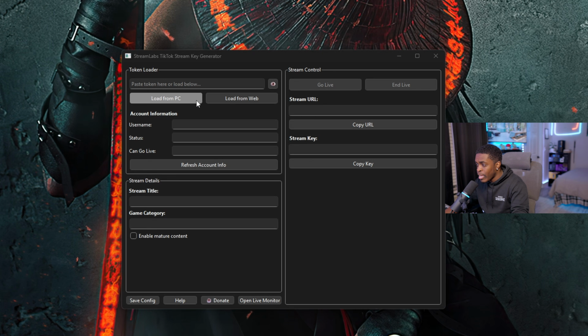And so from here, you will now have the ability to click on load from PC, and your token should now automatically appear in the generator. And you should also see your account information box completely filled in. Now, really quickly, I do want to go ahead and mention that this does have to say true as well as approved in order for this to work. If it says false, then you just need to refresh your account information until it says true